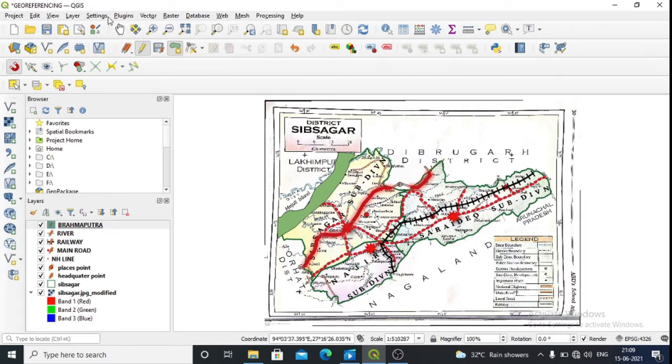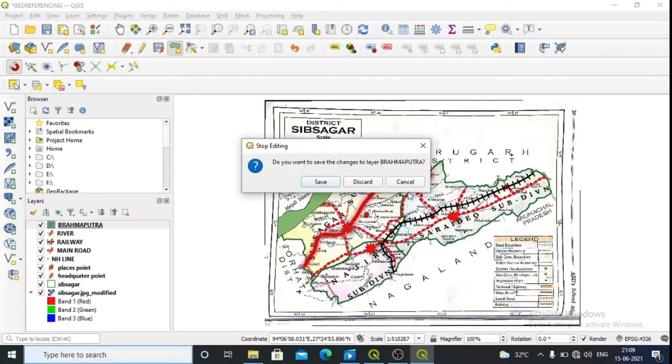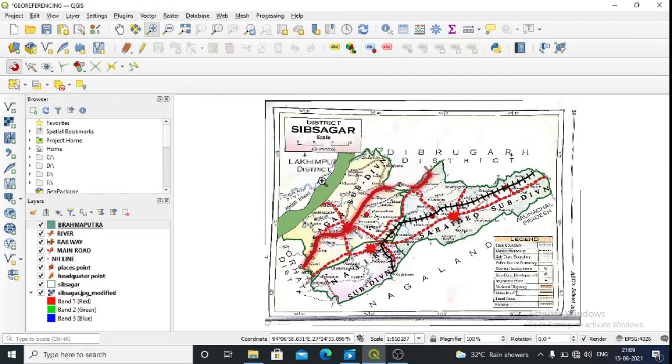Now you can change the properties. Now let us change the properties. Since all the GIS work is now done, for adding the point, line and polygon features, everything has been added. So you can disable this. You make it a save. Then you can disable this one. Okay, it has been disabled.